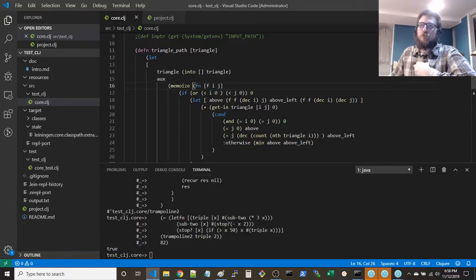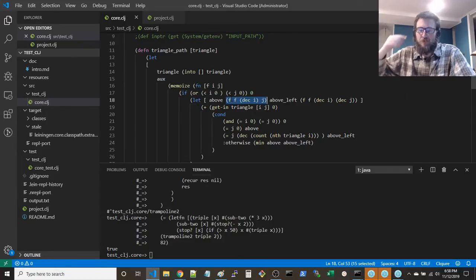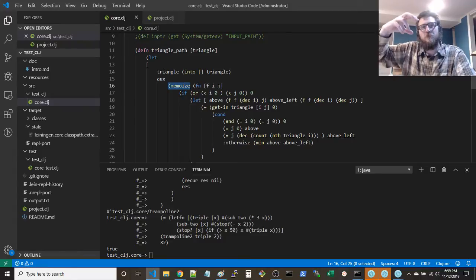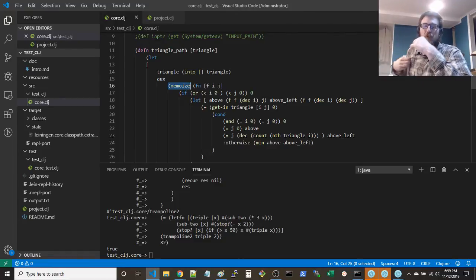But we're trying to use a recursive function which has a name, and we're trying to call that function again, which means the thing we're calling is not going to be the memoized version, it's going to be the original version, which is a problem if you recurse that way, because let's say you have something like the Fibonacci sequence, which has exponential running time if you do it recursively,